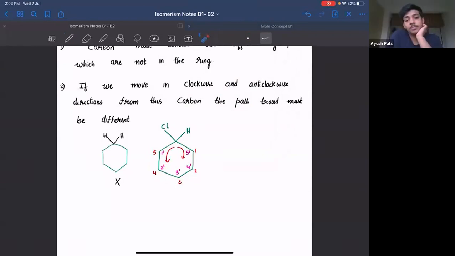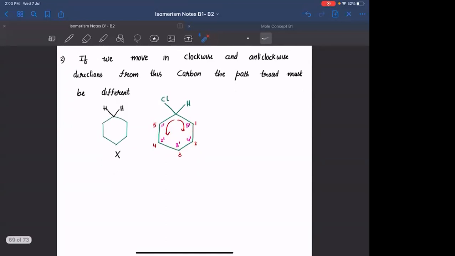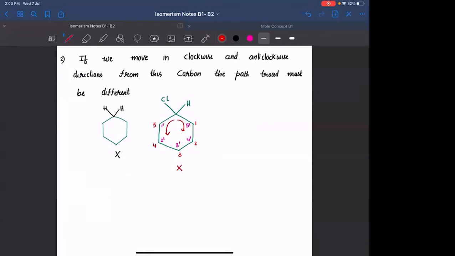Same paths. Same. सेम ही है. दिख रहे हैं ना, यहाँ पे भी 1 2 3 4 5 कार्बन है, वैसा ही इस साइड भी 5 कार्बन आ रहे हैं. We don't have any difference. Okay, so will this particular carbon be chiral? No, sir. So there is no chiral carbon in here as well. Let us take another example.